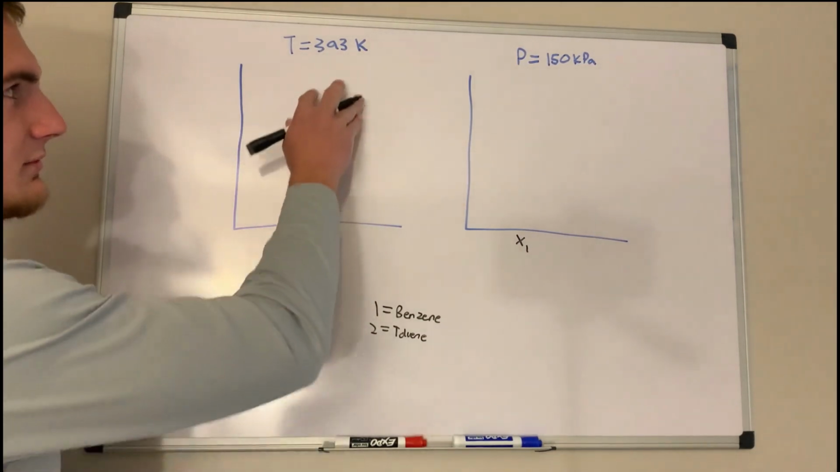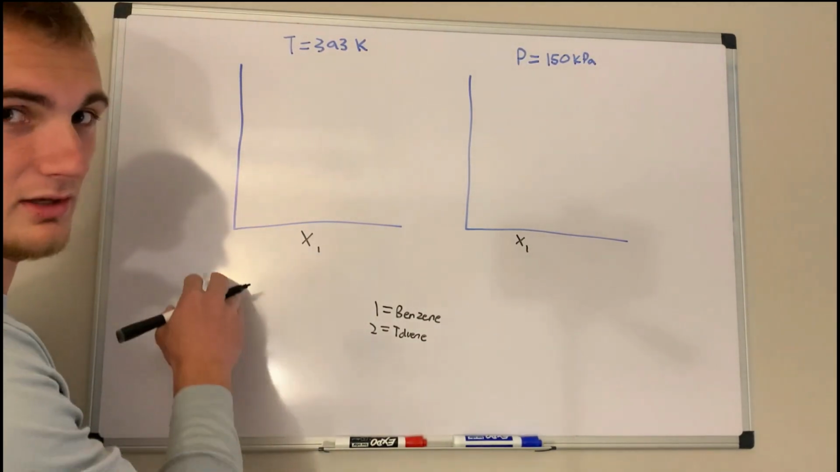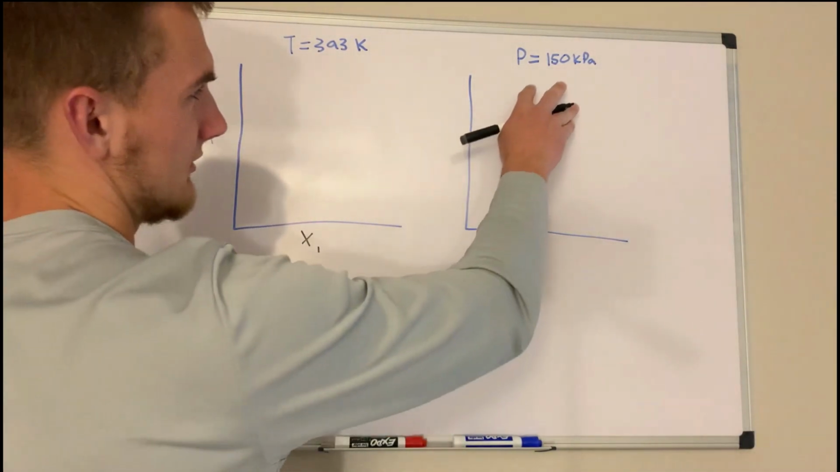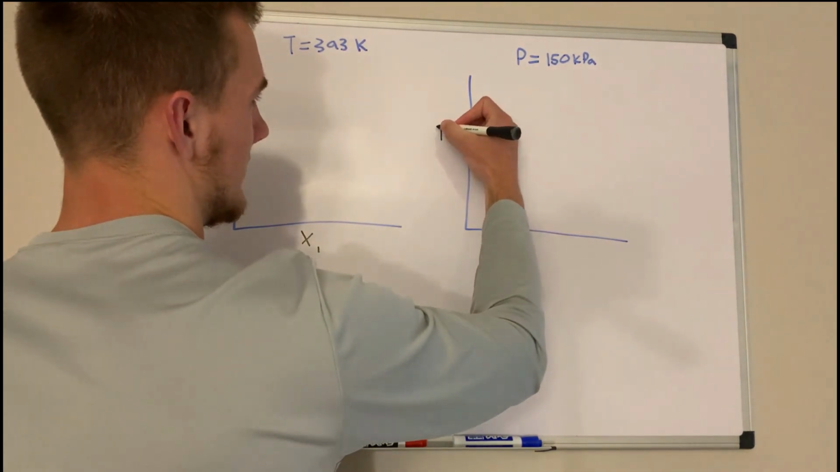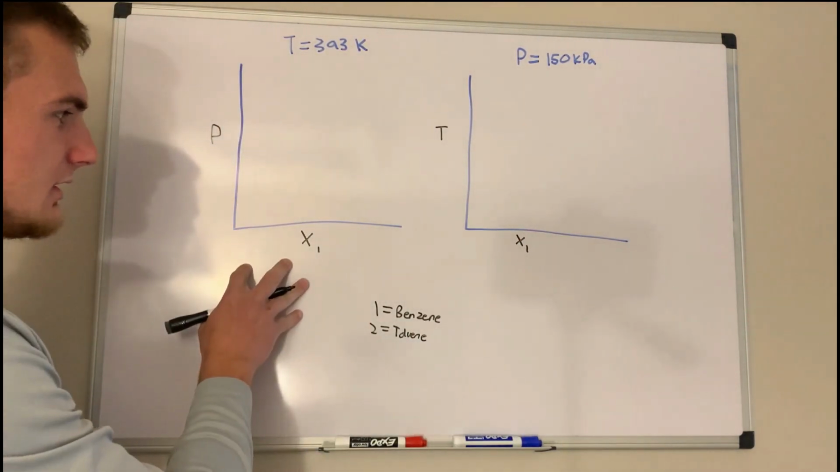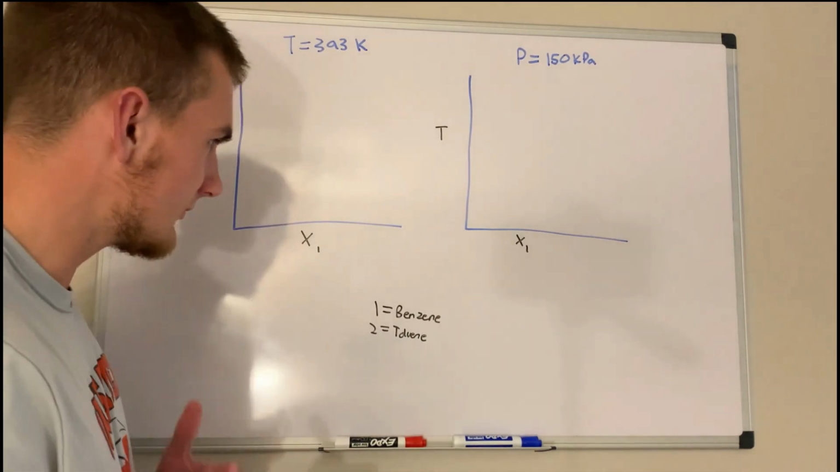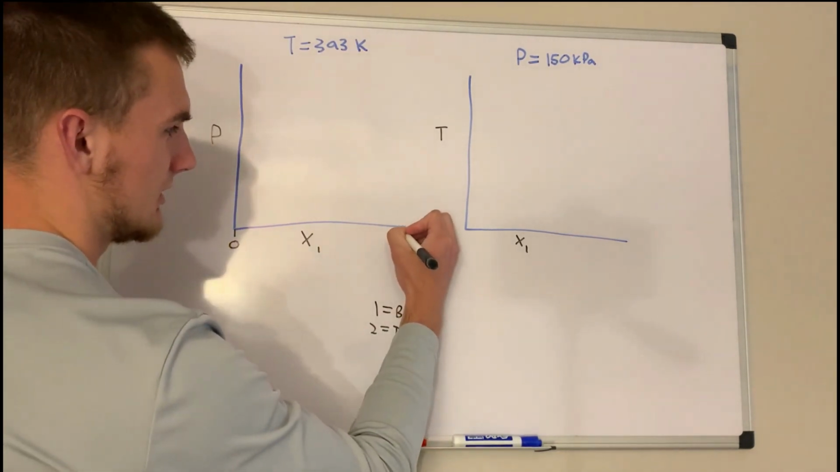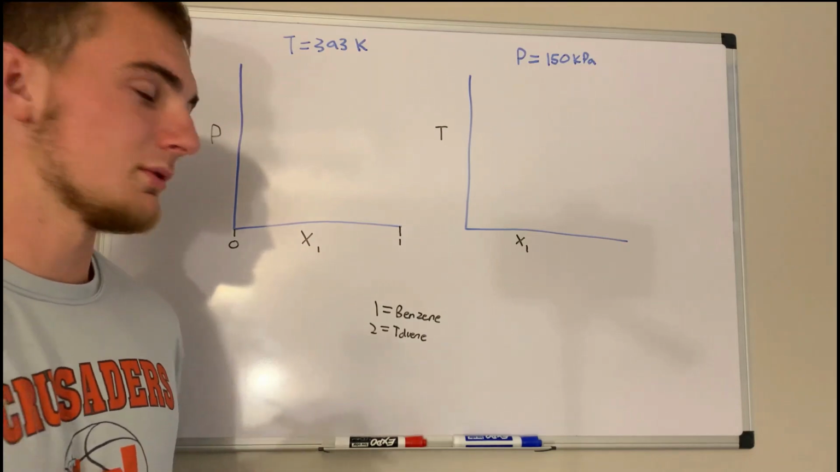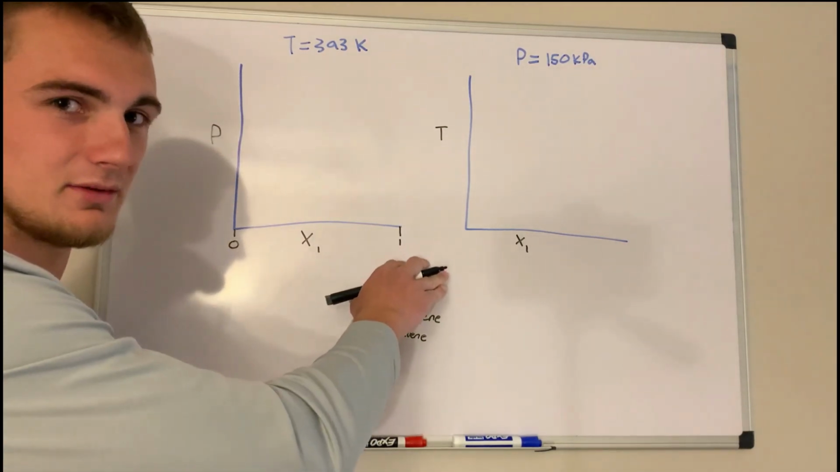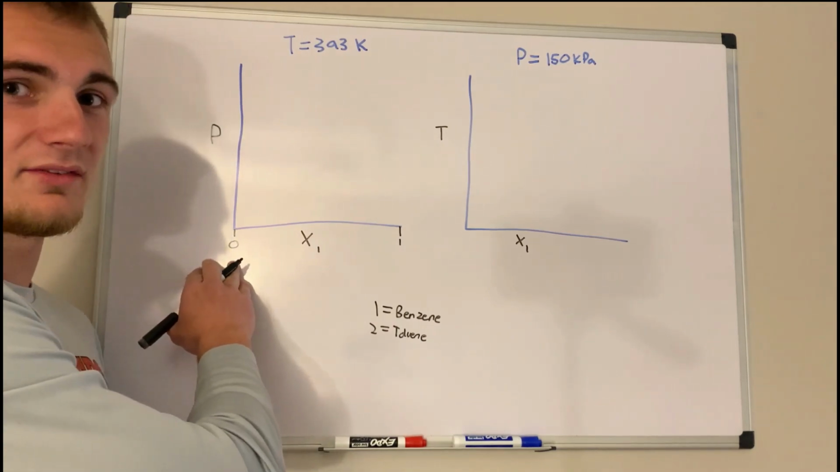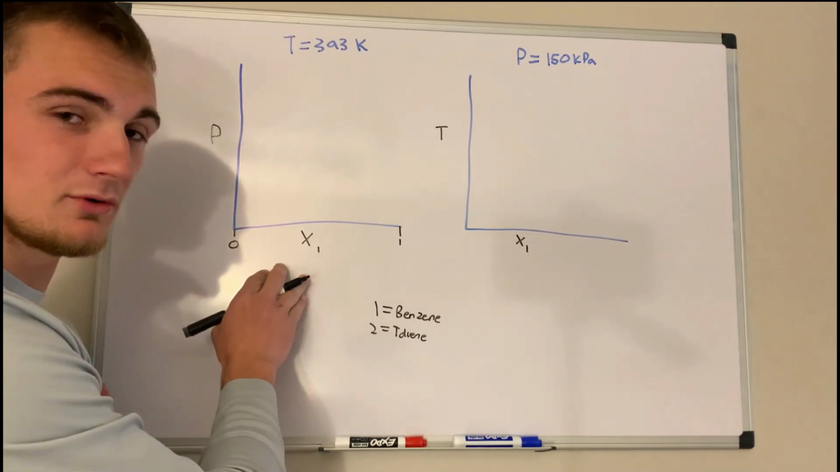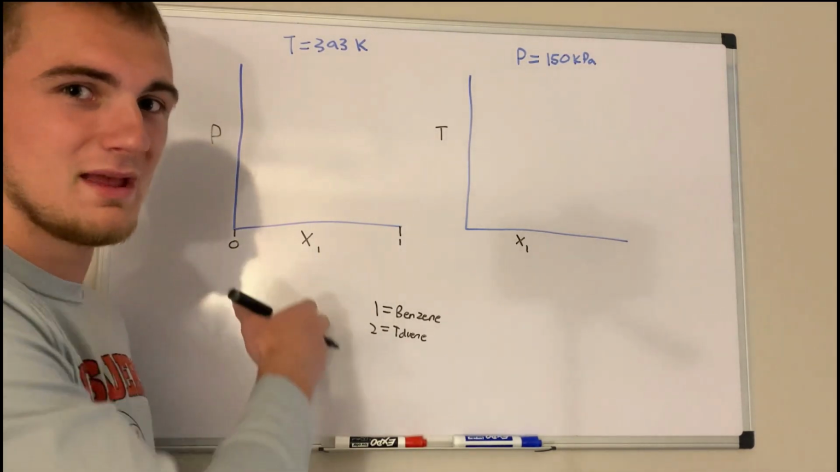Since we know the temperature here, what we're going to plot on the y-axis is pressure. And here, since we know the pressure, we will be plotting temperature. If we look at this first plot, we are going to look at x1 going from 0 to 1, because the mole fractions can't add up to be something greater than 1, and they obviously can't be less than 0. So when x1 is 0, so when there's no benzene present